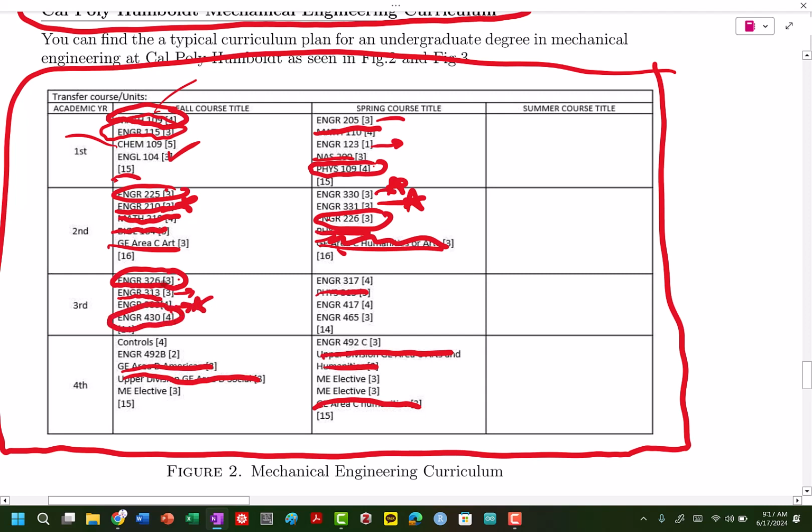430 is manufacturing. It's a 4-unit course here, which is important. So make sure you do well here. Vibrations is 317. Heat transfer is 417. 465 is actually machine design, and it's a 3-unit course. And then finally, you're going to take a course that's still being named, or actually numbered, but